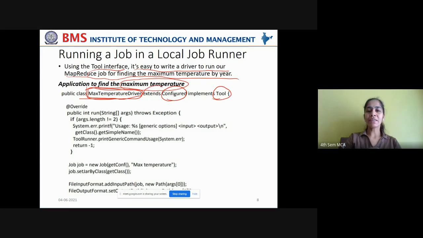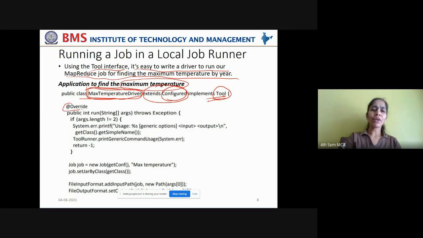For that you are extending this Configured class, which implements the Tool interface, which in the background implements GenericOptionsParser. You remember in yesterday's class, it implements GenericOptionsParser in order to enable the user to set the system defined properties by taking priority for the user defined properties.